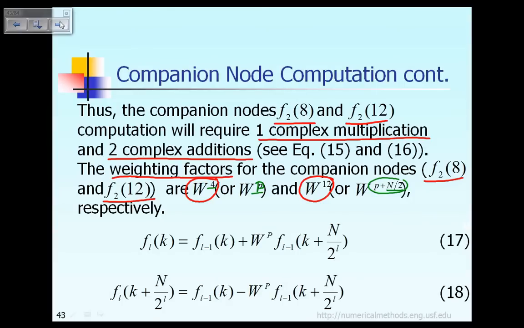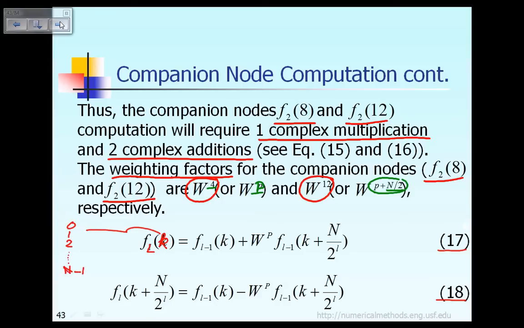So to summarize, what we have right now is very important, as you can see from equation 17 and equation 18. Basically it says that if we want to calculate the intermediate vector f sub L corresponding to level L, that computation will require k index, where the index k goes from 0, 1, 2, all the way up to capital N minus